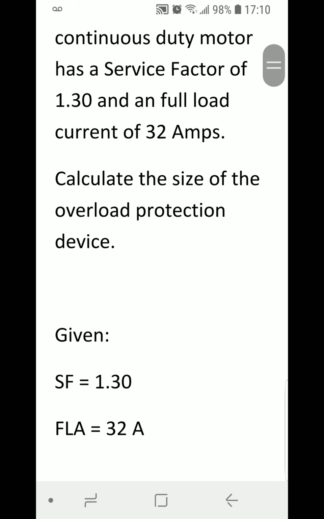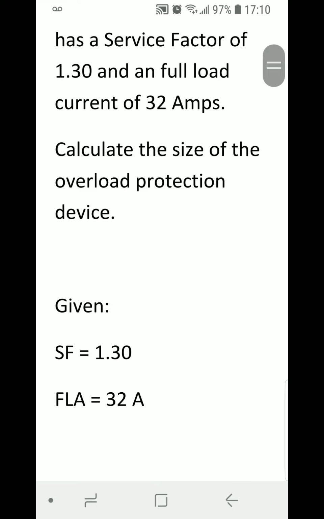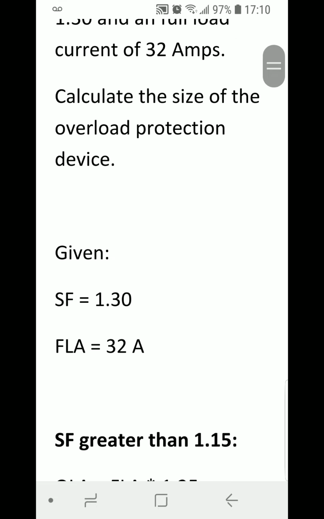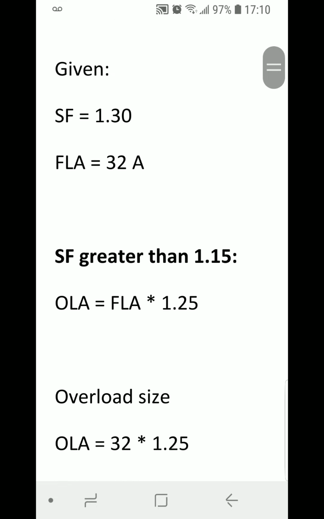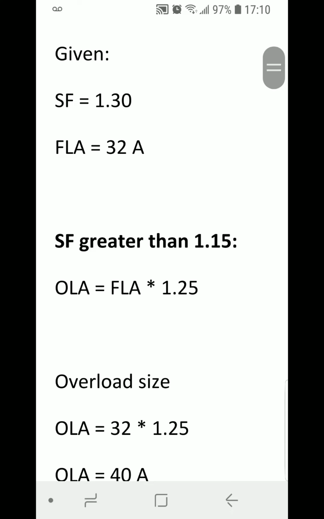So the given: 1.30 service factor and 32 amps full load amperage, full load current. The formula for OLA, overload amps, is equal to full load amps times 1.25,